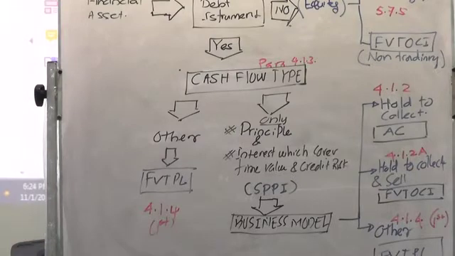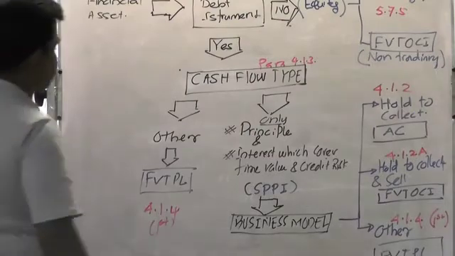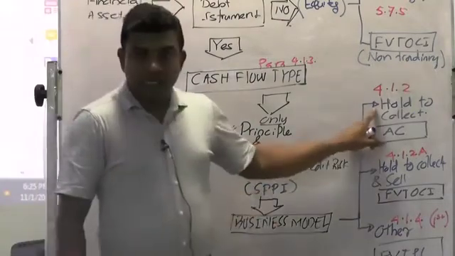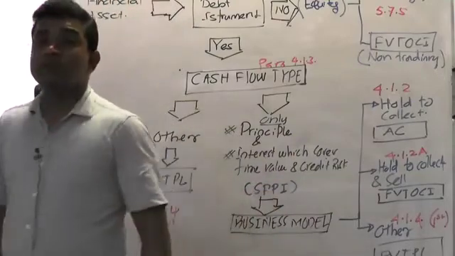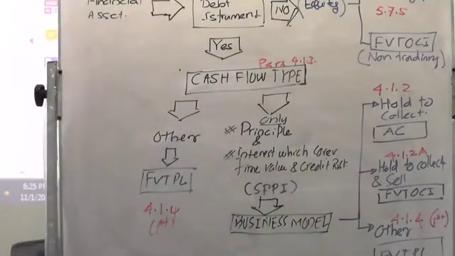Trade receivable, what do you expect? Generally you will expect the principal, and if they take time, the interest. Therefore, from trade receivables you will expect solely payment of principal and interest, and you expect to keep until the debtor has paid. Clear? Therefore, debtors satisfy SPPI and hold to collect. Therefore, debtors will be measured at amortized cost. Is that clear?